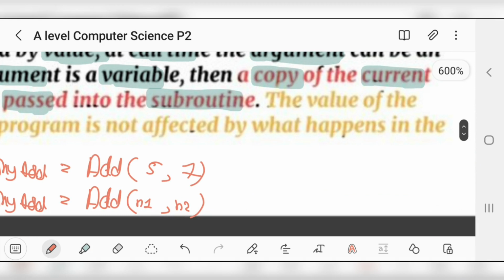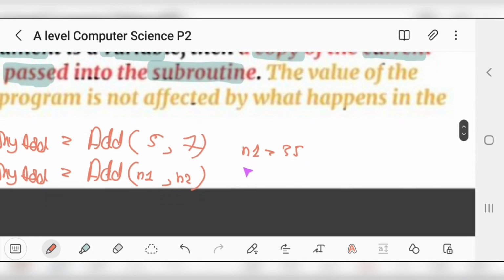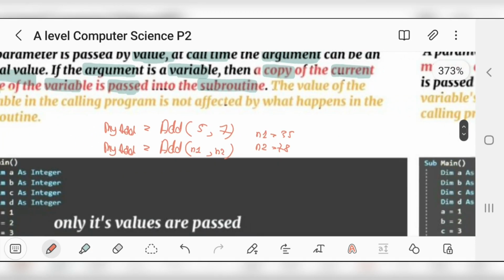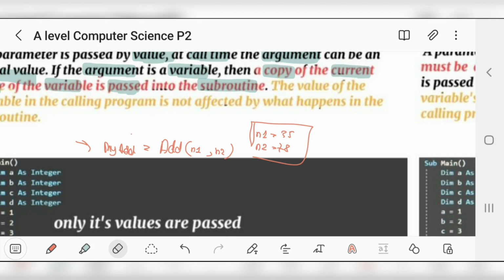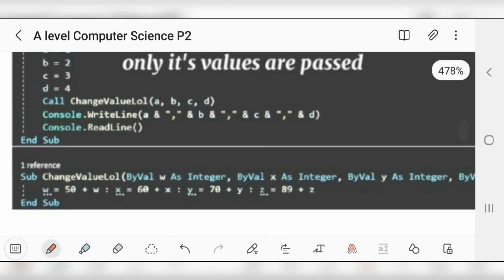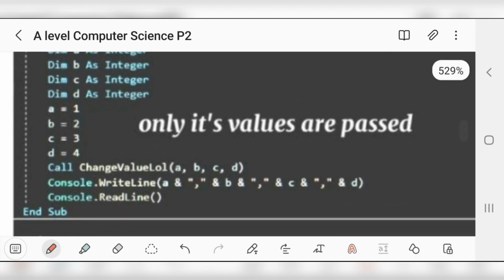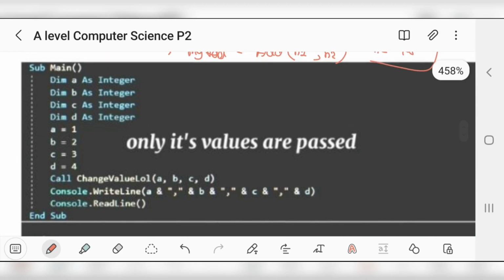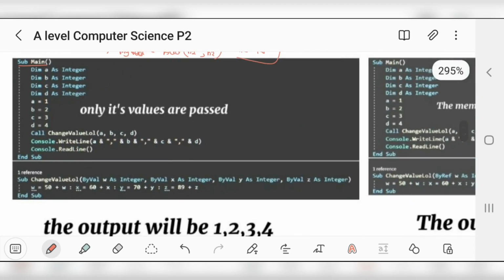Now, supposing the value of n1 is 35 and the value of n2 is 78. These are the values of these variables, and suppose that you are sending the variables as arguments. Okay, so this is the main subroutine,